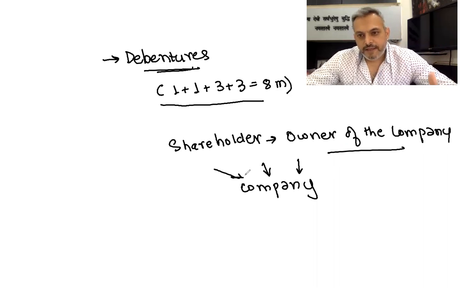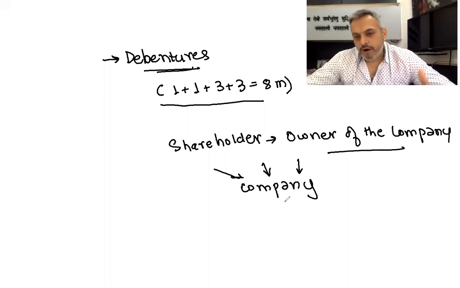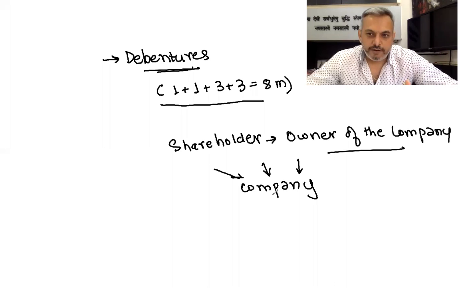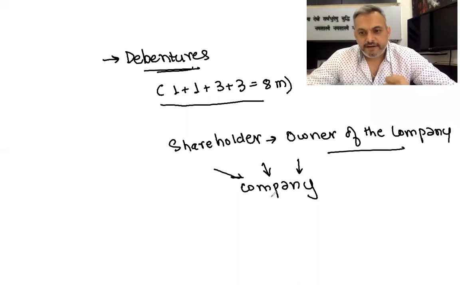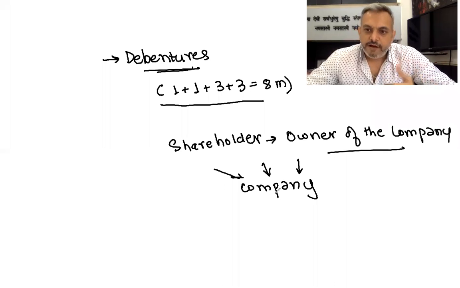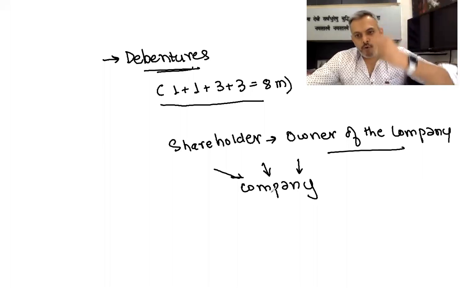But company may be in need of further funds. So, what does a company do? Company has various options. One of the option is to again go for a public issue and take money from the public, but that is a very lengthy process, again a very expensive one, and again by making more owners